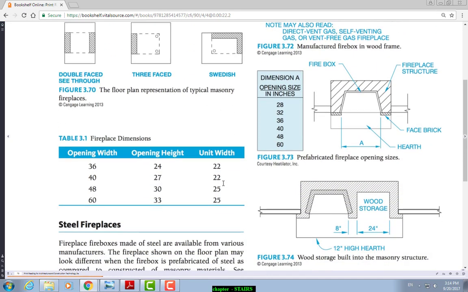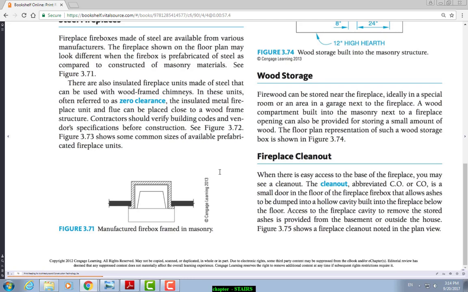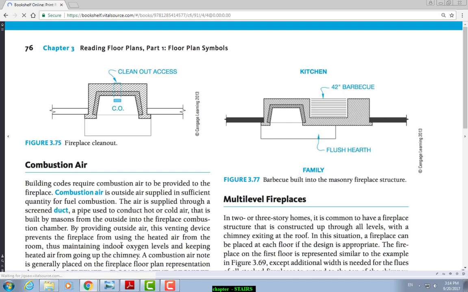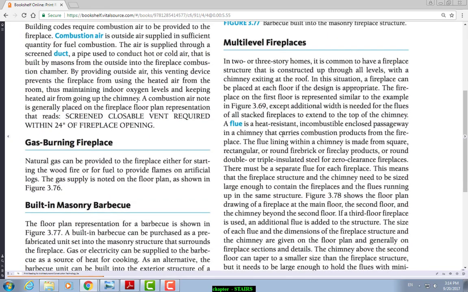I'm not going to go much into this. More than likely, you won't, at least down here, fireplaces. But if you do, you can go through that. I'm not going to go in depth here, or actually touch it. Clean out. You think of that. How are you going to have a clean out for access to clean it? If it's a different type of